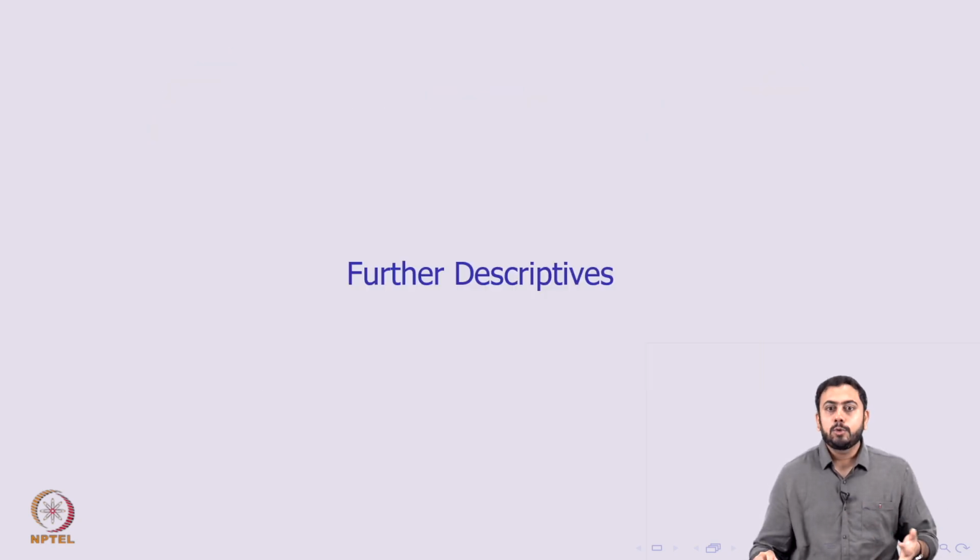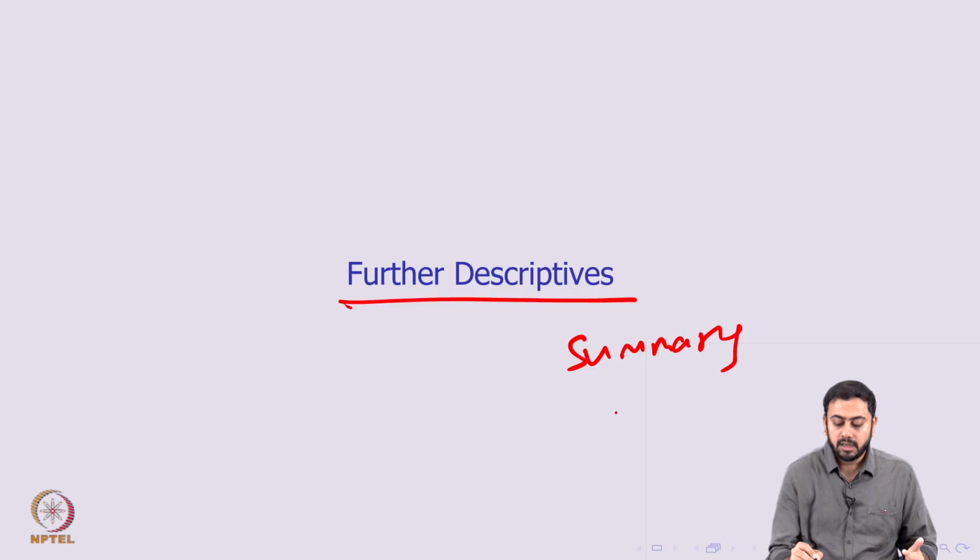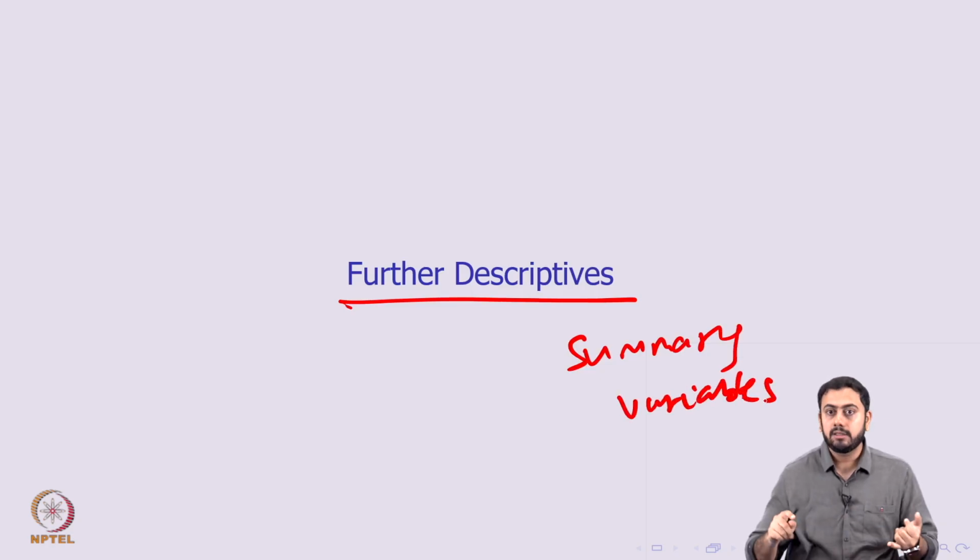Okay, so having said that, so far we've talked about multiple plots, charts, graphs, etc. Now the next portion of the next session talks about further descriptive statistics. What can we add on to the graphs, plots or charts that we have created beforehand? Further descriptive means we'll talk very briefly about the summary variables that we talked about in the last session as well: mean, variance, standard deviation, median, mode, etc.